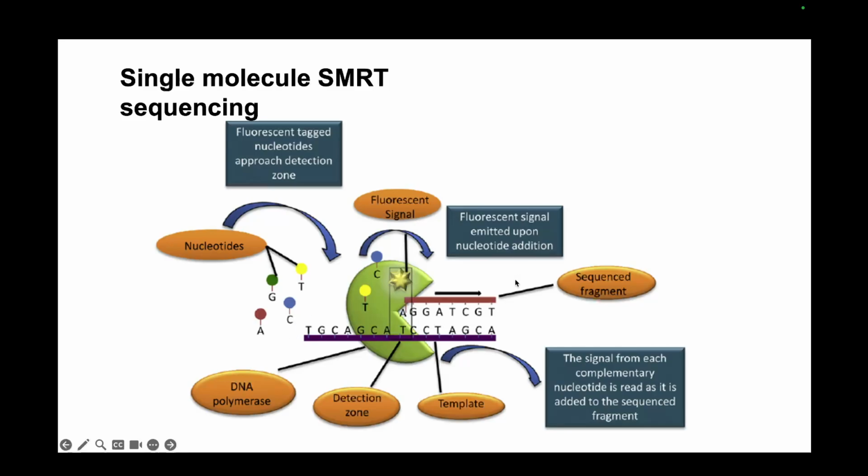For each nucleotide addition, a fluorescent signal is emitted, and the signal from each complementary nucleotide is read as it is added to the sequenced fragment. One nucleotide is added, it emits a signal. The next nucleotide is added, it emits another signal. So from each complementary nucleotide, you can read the signals and find out the complementary bases of the DNA